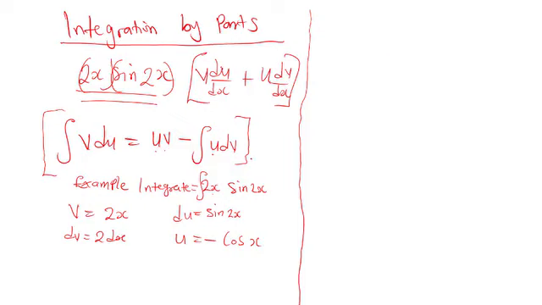Now we substitute into our equation. Remember, we're told to integrate 2x sine 2x. This is equal to uv minus the integral of u dv. This is the rule that was given to us. Let's start substituting. Our value of u is minus cos x. Our value of v is 2x, minus